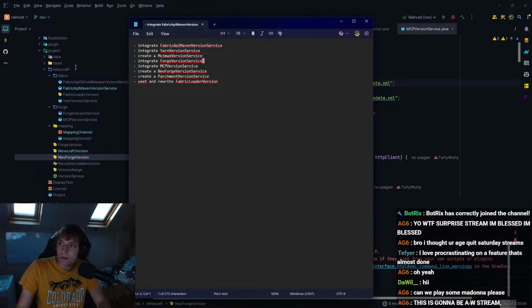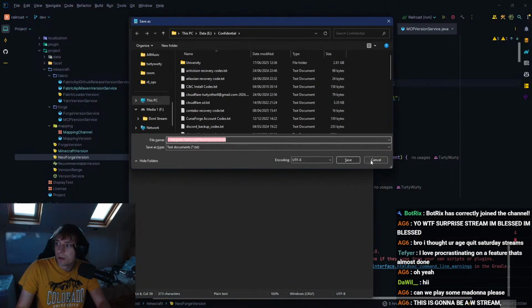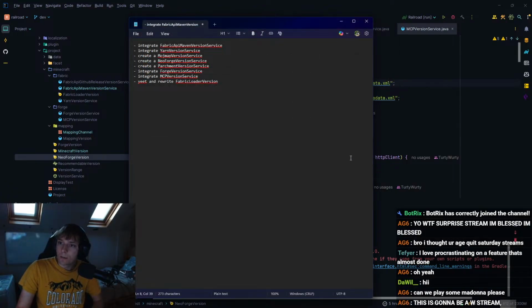Forge is going to be a little bit lower priority now because we don't really care about Forge anymore, and likewise MCP going to be a pretty low priority. So I think that's order of priority and what we're going to do today. So let's just start with Fabric API and we'll move on from there.